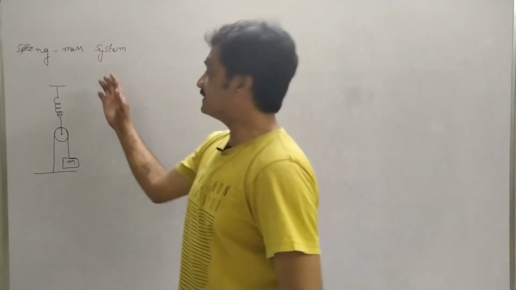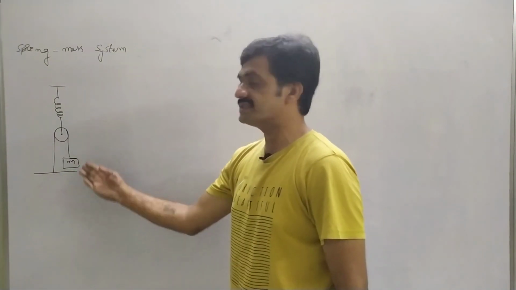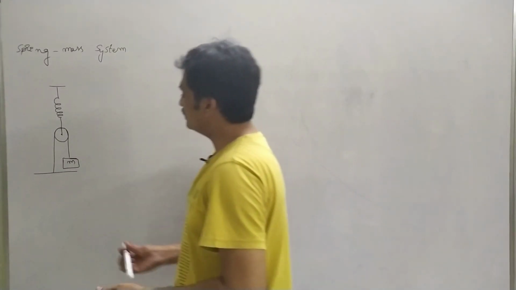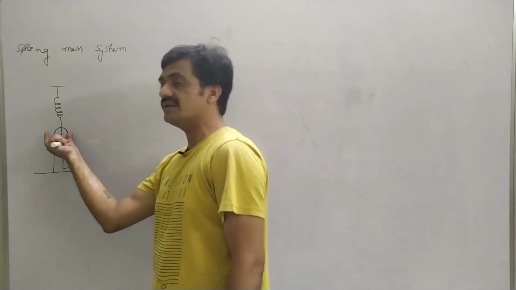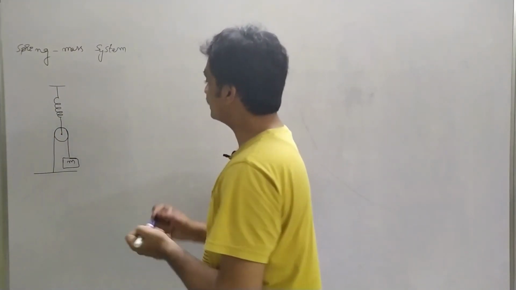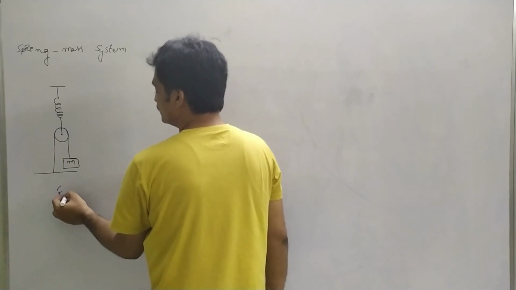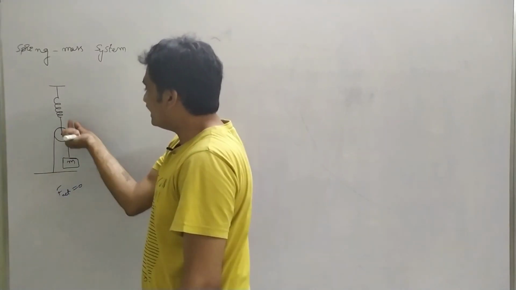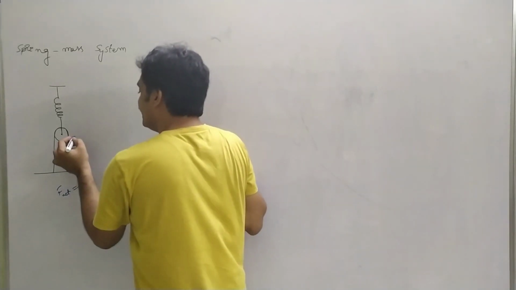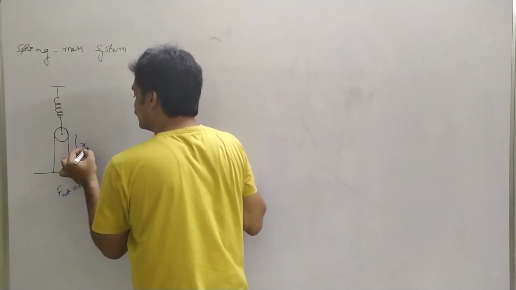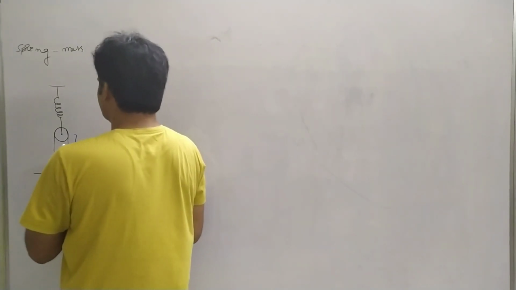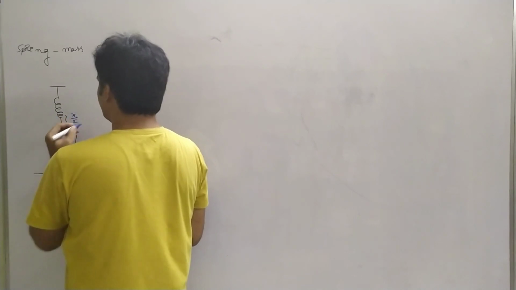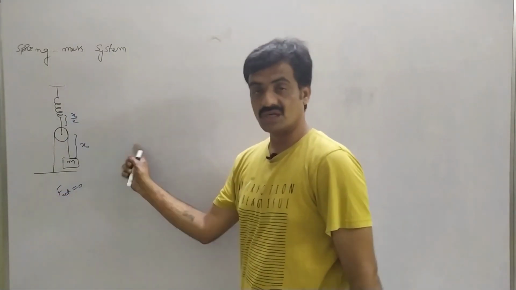Now we are going to represent the spring mass system when a mass is attached over a pulley like this. As shown in this figure, observe that when the mass is not present, the body will be at an equilibrium position where the net force is equal to 0. When the mass is attached to this body, the spring is displaced by a displacement of x naught. The displacement in the spring is represented as x naught by 2. Why? Because it is being shared on both sides.